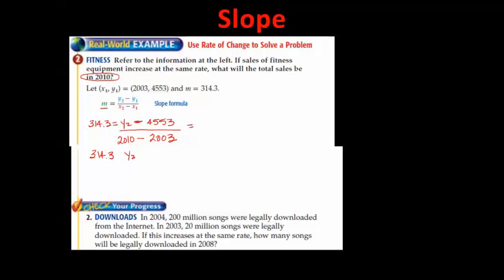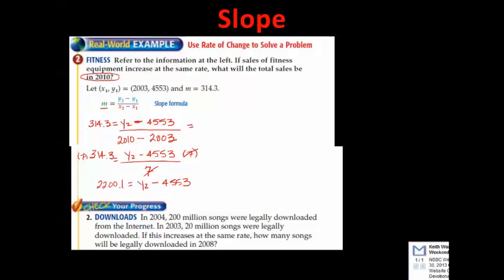So now I'm going to say y2 minus 4,553 over 7. Now, let's go ahead and get that 7 out of the denominator. We've done this a few times because we don't like the denominator. Remember, these two guys, those reduce to 1. So I'm going to be left with, I'm going to have to key this in my calculator, 7 times 314.3 gives me 2200.1, which equals y2